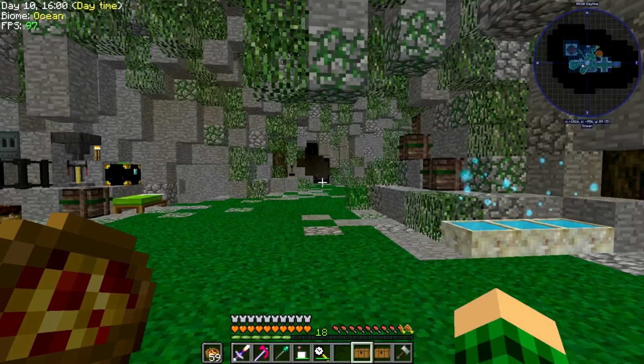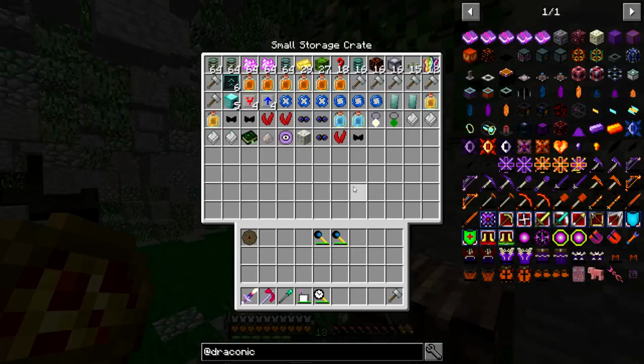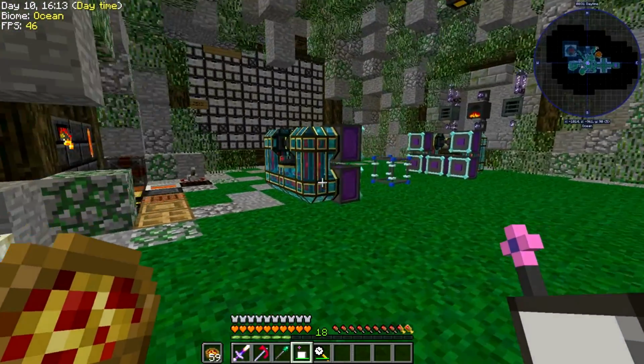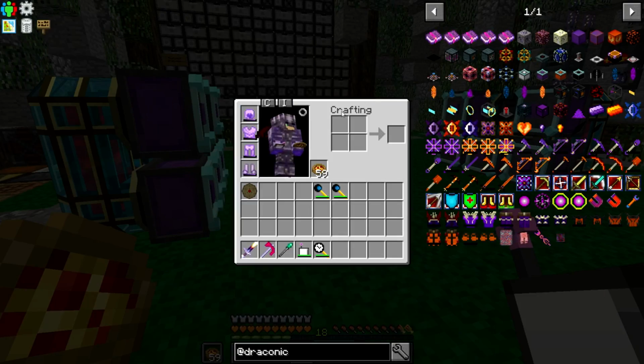So let's see, we get an Invar Hammer, Draconium Infused Obsidian, and Mana Steel. Okay. We have a growing collection of Invar Hammers. That's fine. Okay, so the next thing that we can do, which is going to be really nice, is craft this advanced Dislocator. So let me grab 4 Draconium,